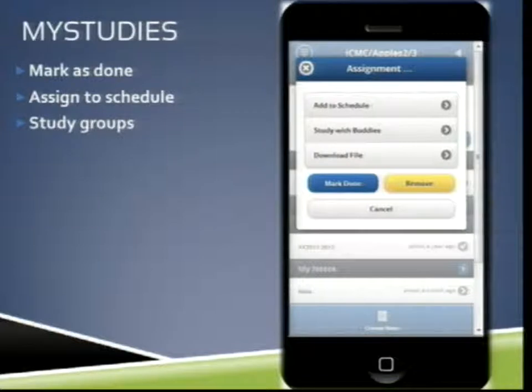It goes further because you can schedule it so you know when you want to do this tutorial. You can also choose to study with buddies, so you meet up with a friend and do the tutorial together. This has the advantages of studying in a group. And here we can clearly see the benefits of integrating social and networking features together with IVLE.